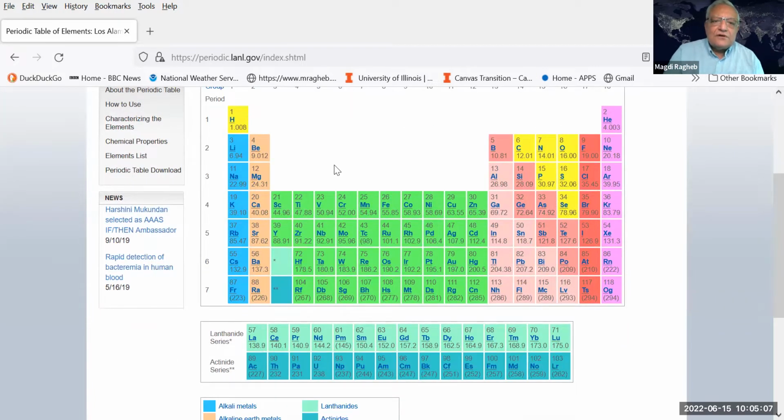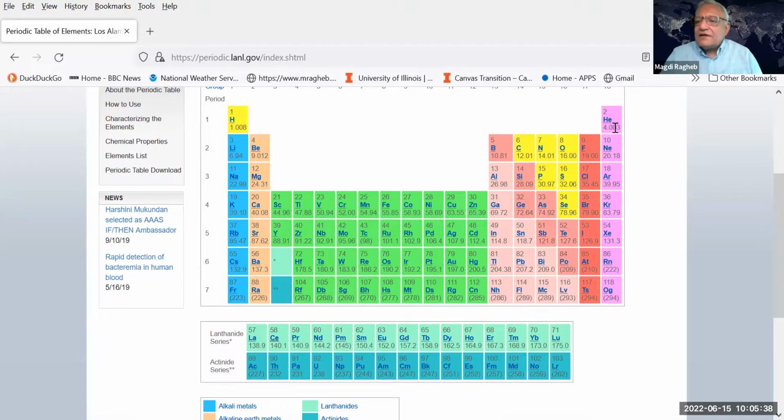Notice, of course, that column number 1 are the metals, elements that contain a single electron in their outer layer: lithium, sodium, potassium, rubidium, cesium, francium, and interestingly enough, hydrogen is considered as a metal. In the core of the largest planet, Jupiter, hydrogen is so much compressed that it acts almost like metal there. The last column, of course, is the